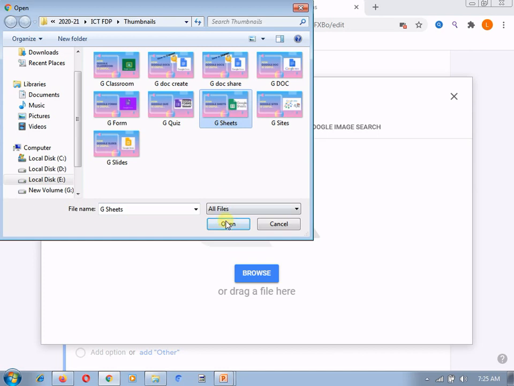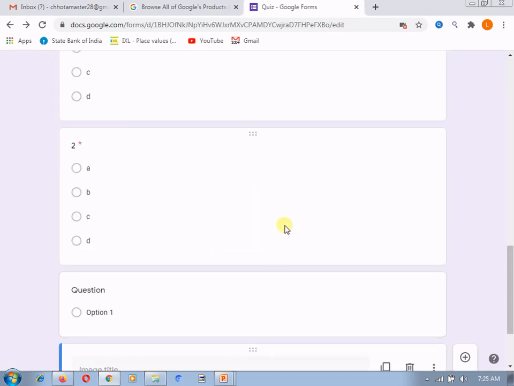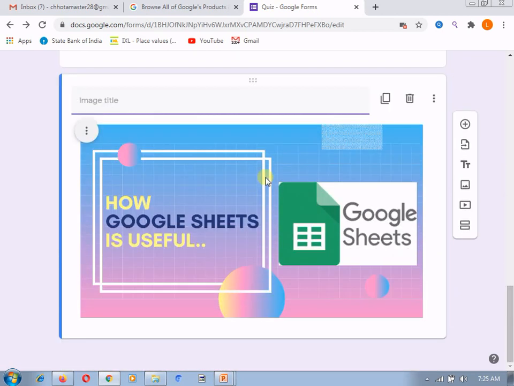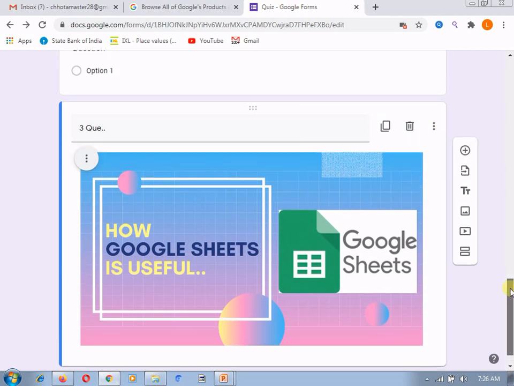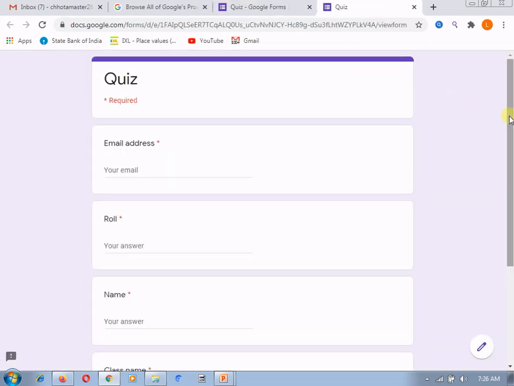Suppose I am having this particular image. Let's consider this is the image from which I want to ask the question. After this, the image will get imported in your question, and it will look like this. Now from this image I will ask whatever question I want to ask. This is my question number 3. I will give the number 3 over here. I will ask the question, and you can see over here how this question will look. So now here you can see that this is the question available.